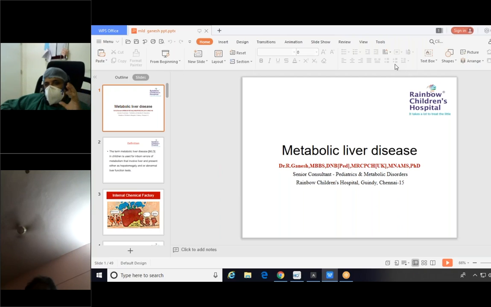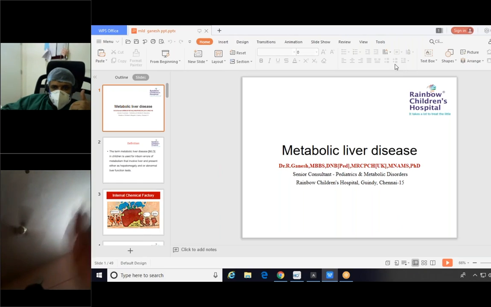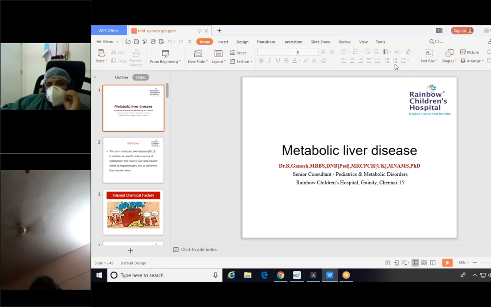So the diagnosis of metabolic disorders has three components. One is from the history and the physical examination. Two, the biochemical, which includes the enzyme assays as well as the TMS or the GCMS samples. The third step is the molecular gene testing. And TMS is basically a screening test which points towards the diagnosis of a metabolic disorder. So it is always mandatory to have molecular gene testing, if available and feasible, for confirmation of the disorders,